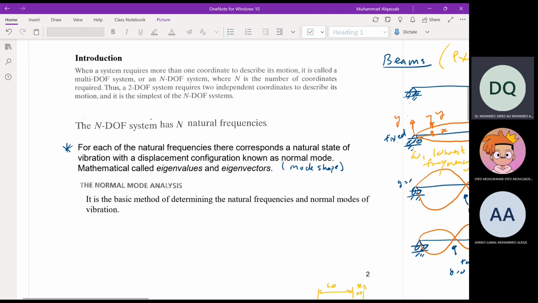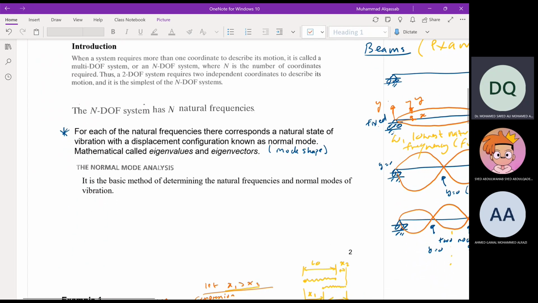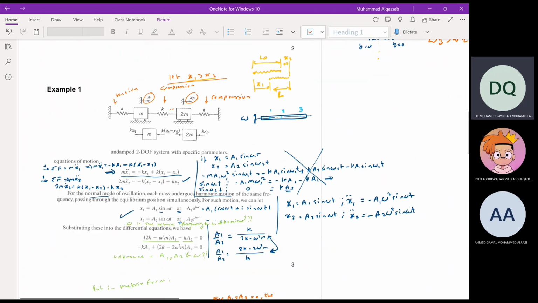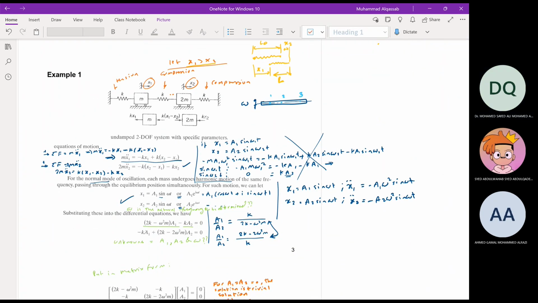And then the first part of this chapter will be about the free vibration, in which we will find the natural frequency, mode shape, and the response. So the additional part here is the mode shape or normal mode. And we started with the example number 1,